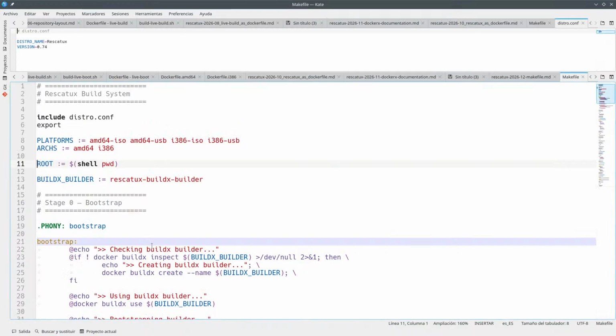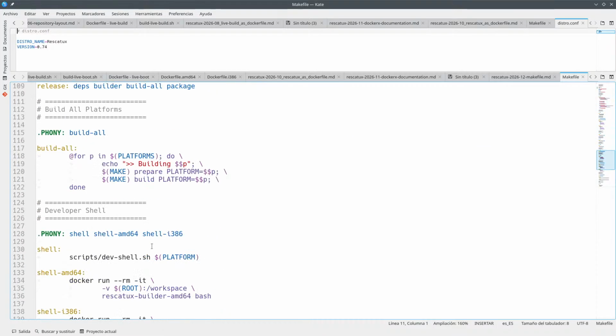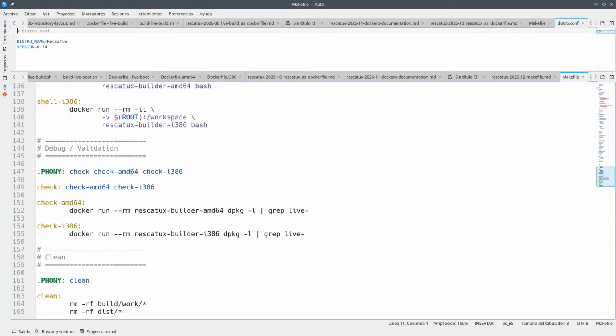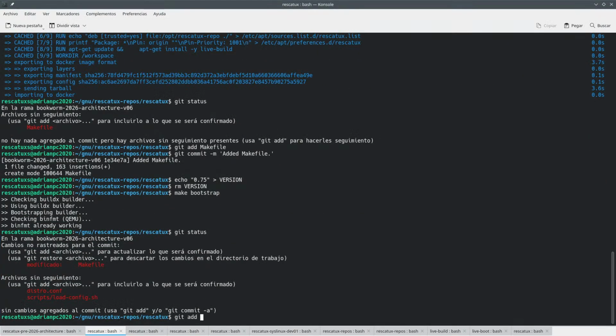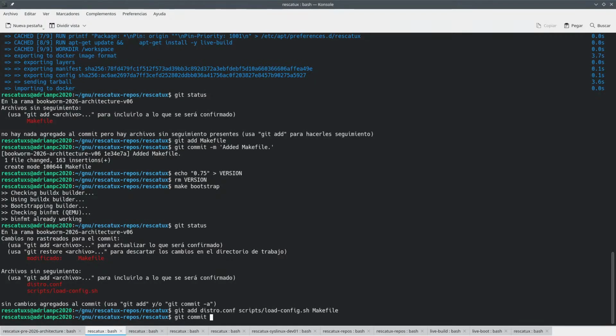So let's save this improvement. The improvement is scripts load config, makefile, added distro.conf support,